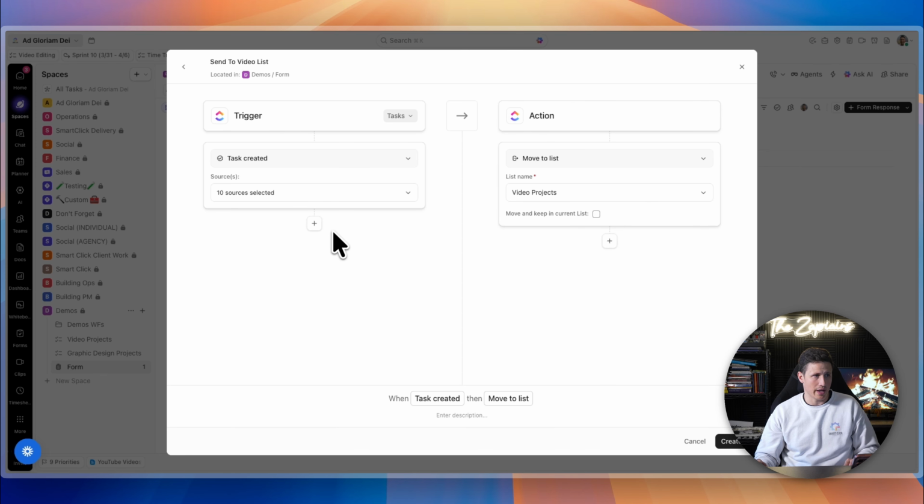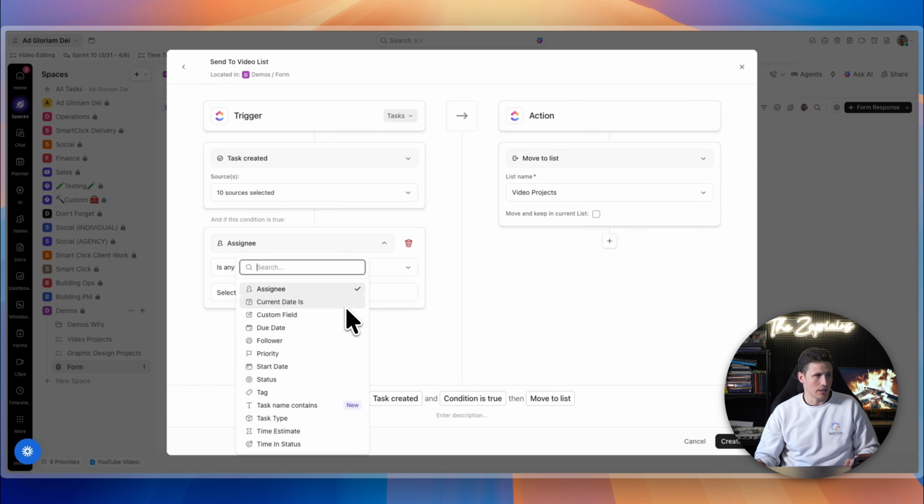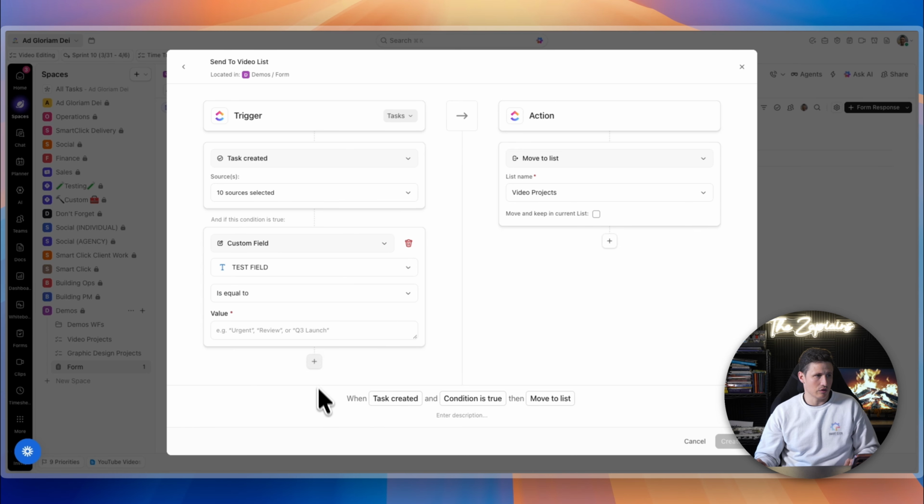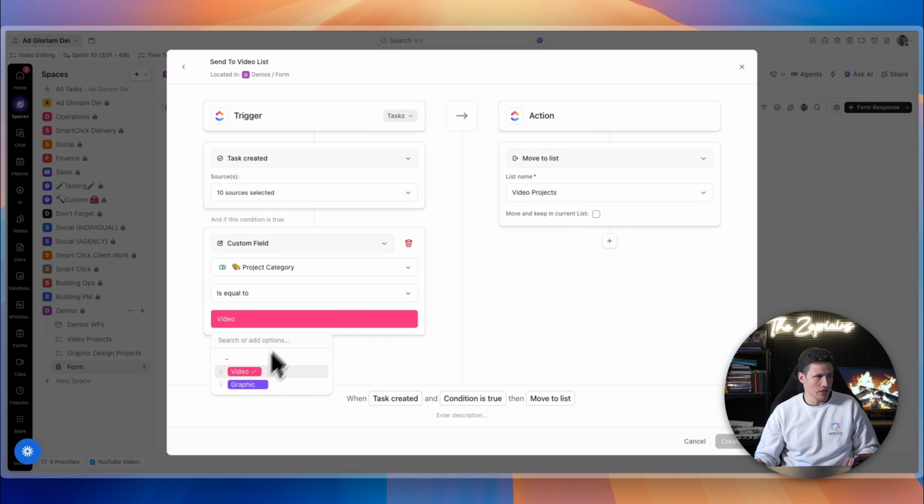Okay, and we need to make sure we add a modifier here that only when the custom field project category is equal to video should that task be moved to the video projects list. We'll go ahead and click create,